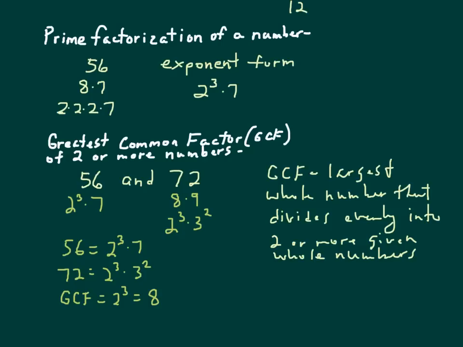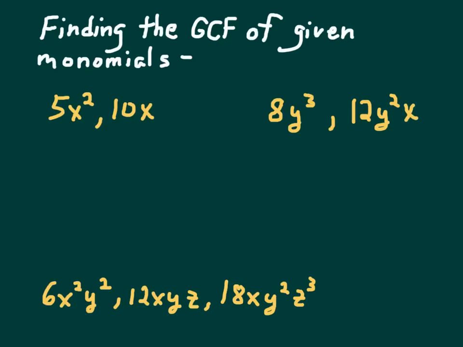So now let's move on to actually doing some algebra. And we have to apply the concepts for GCF with monomials that have variables involved, and the principles stay the same. So if I want to find the GCF